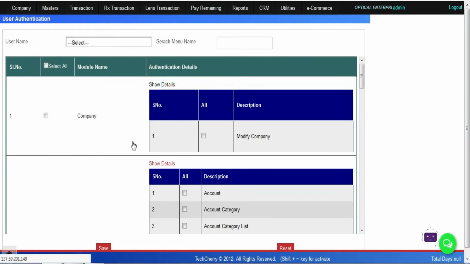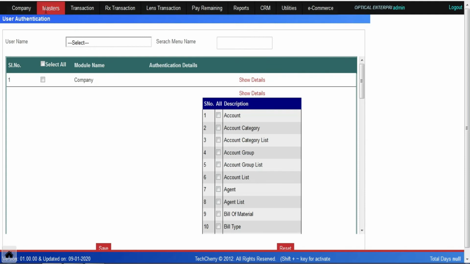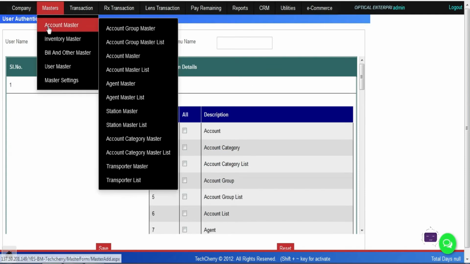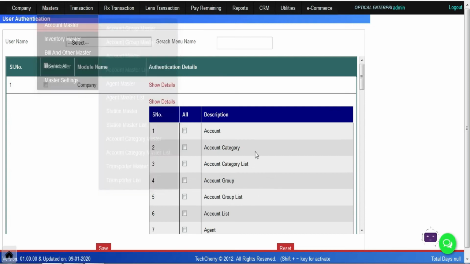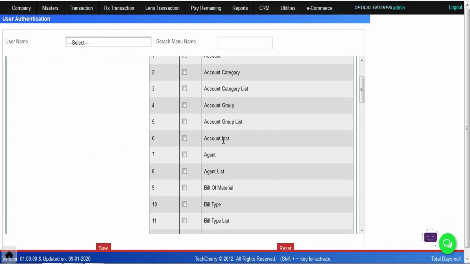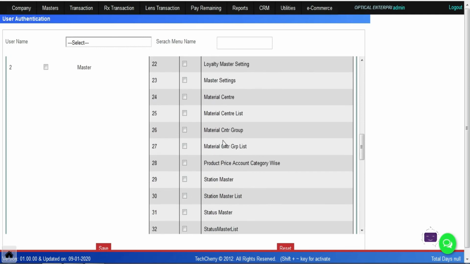Just click on masters and you can see these things. Under master, account master, then account group master list, then account master, and so on.